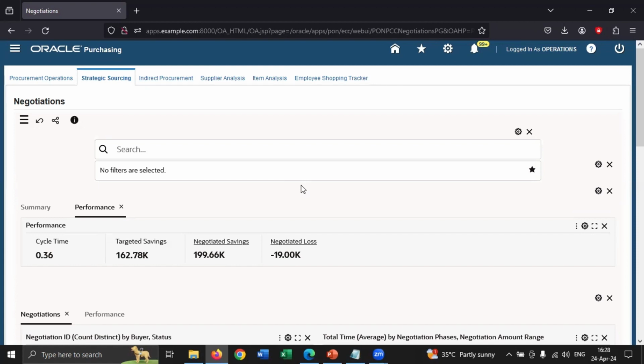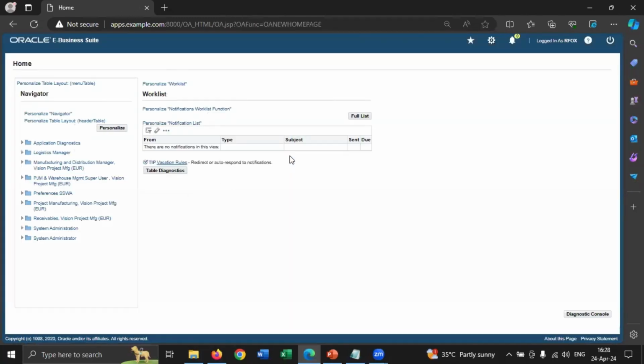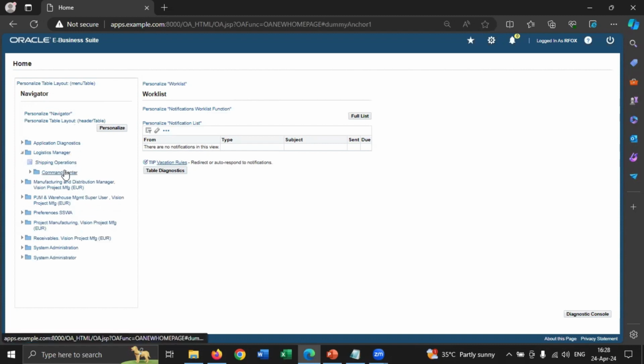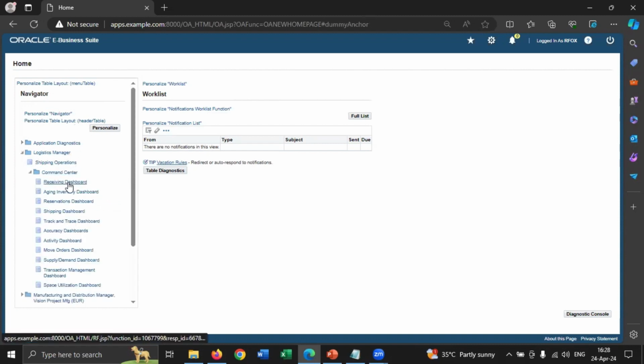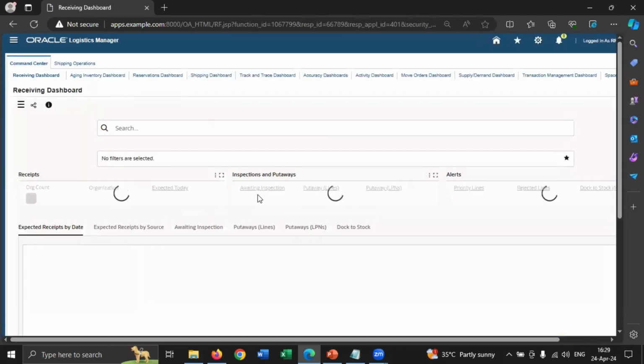Now let's look into another important set of dashboards, the inventory related dashboards. For that, we'll be moving into an inventory user who has access to inventory dashboards. First, the navigation is always through the logistics manager, because the inventory related and warehouse operations are available in the inventory dashboards. The first dashboard that I would like to take you through is the receiving dashboard,